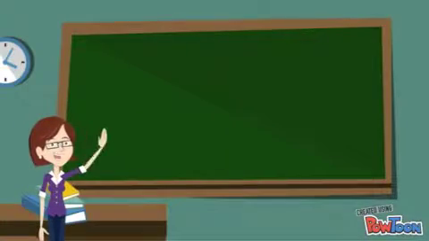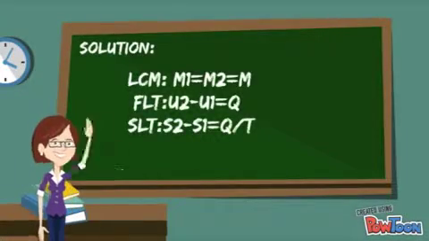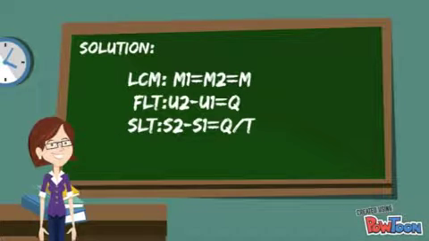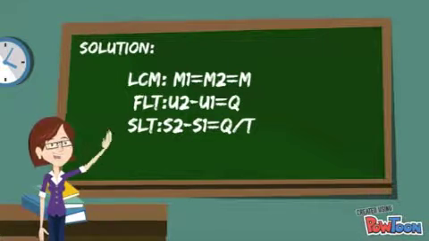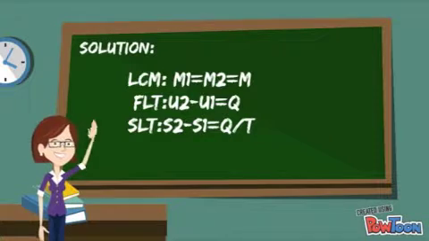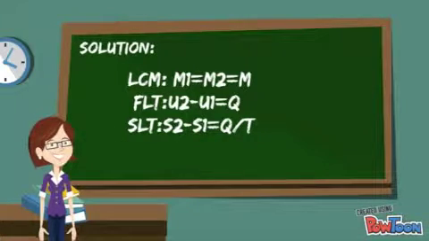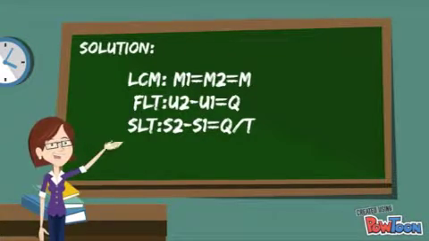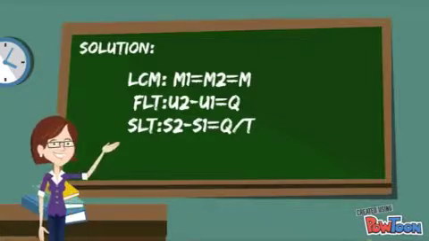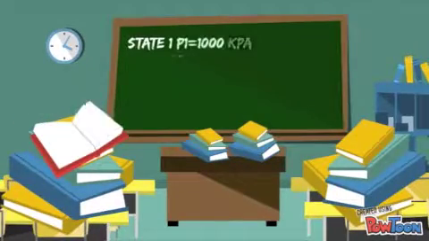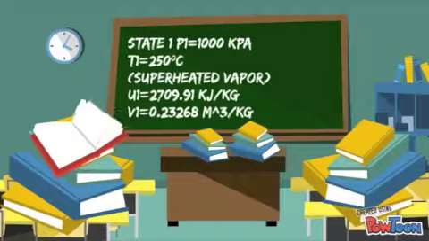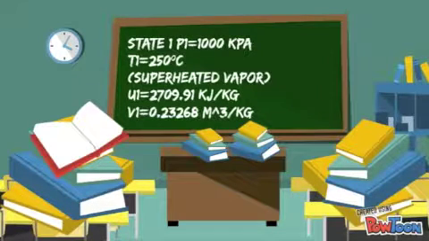Solution: LCM, m1 equals m2 equals m. FLT, delta U equals Q. SLT, delta S equals Q over T. In state 1, pressure is 1000 kPa, temperature is 250 degrees Celsius. It is superheated vapor. From table B.1.3, U1 equals